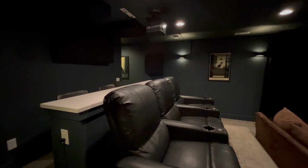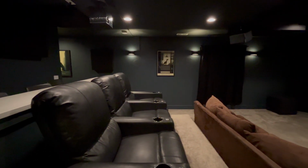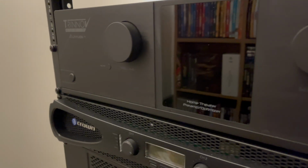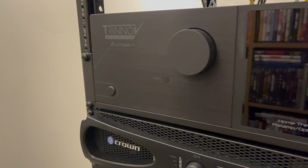And now they're all labeled, so when I swap back to the Onkyo, it'll only take like a minute or two. It's so easy. Now, I didn't mention this previously, but the reason why I have my Anthem unused right now is because in my main theater downstairs, I actually have the Trinnov Altitude 16 installed, and I'm demoing that for the next little while. I have it on loan from Trinnov, and so because I removed my Anthem from my main theater, it's just kind of been sitting in the closet, and this is the perfect chance to try it out here in